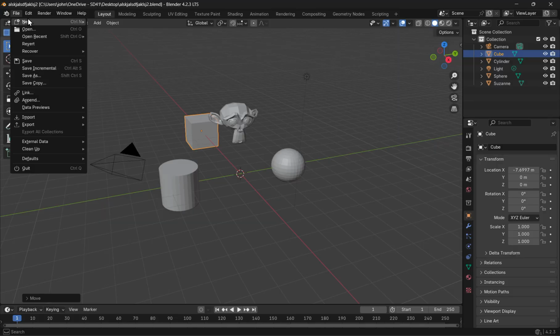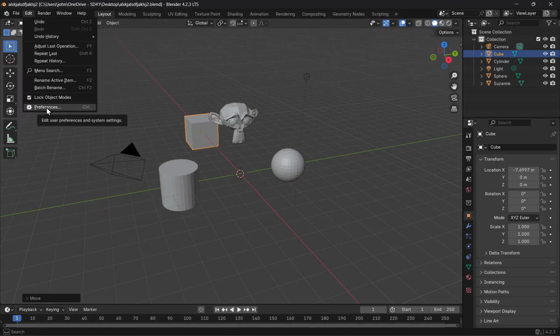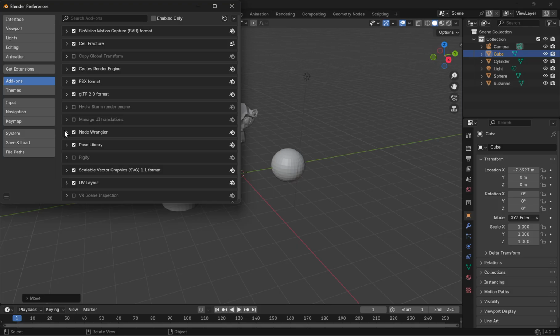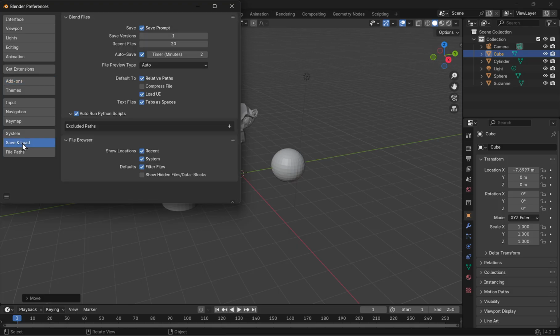Another one that's nice is edit preferences. When you start doing bigger models for your project later on, you're going to put a little more work in, and so you may forget to save as you work. So if you're in the preferences here and you go to save and load, you can see here it says save versions. You can say, you know what, I always want you to keep the last 10 versions. And then you can say, I want you to autosave, which is on,